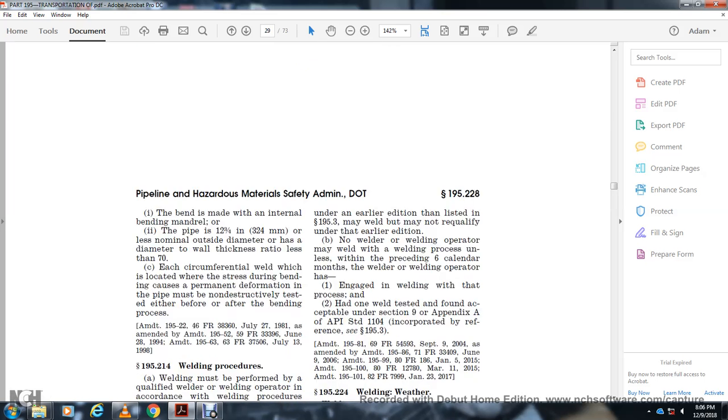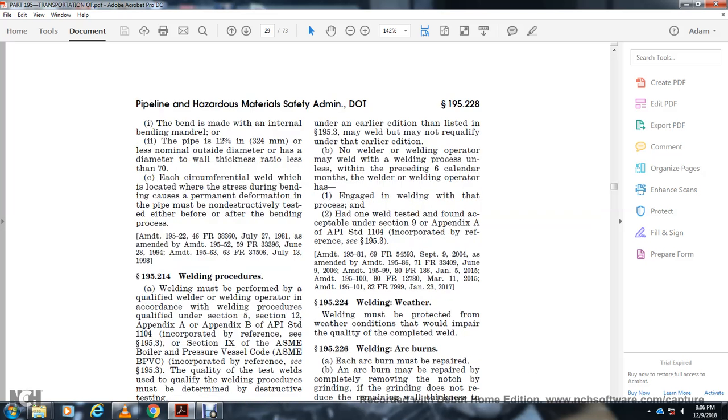Each circumferential weld located during the bending of the pipe with the predetermined deformation must be tested with non-destructive testing, either before or after the bending process. 195.214 Welding procedures. Welding must be performed by a qualified welder or welding operator with a welding procedure qualified under Section 5 or Section 12